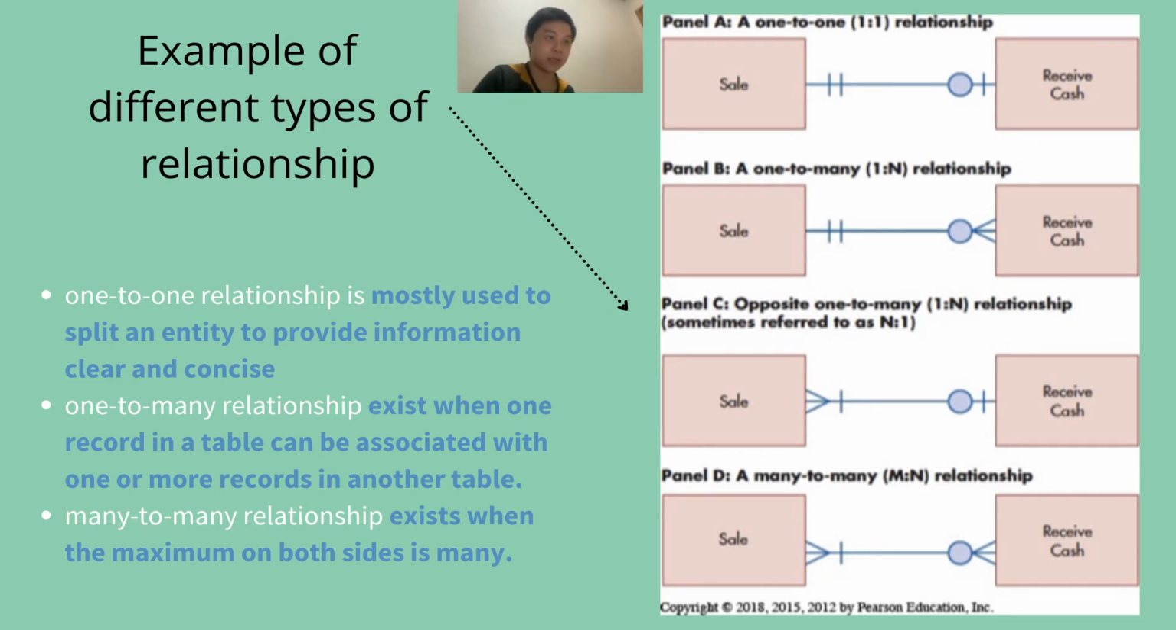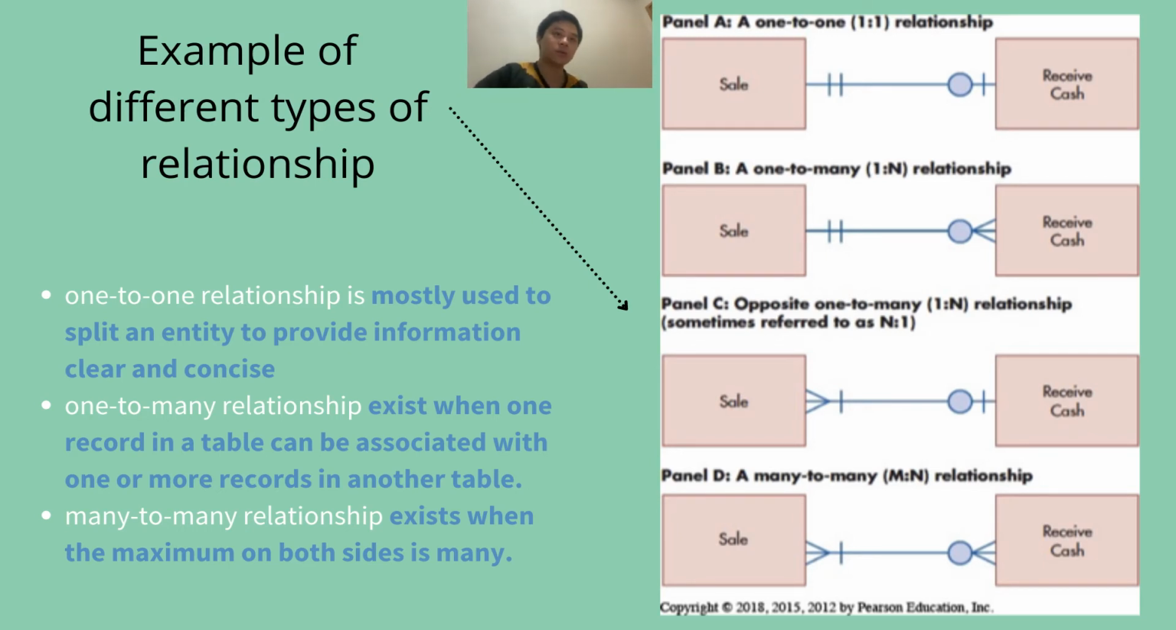In panel B, it describes a one-to-many relationship. It refers to a relationship between two entities, for example X and Y, in which an instance of X may be linked to many instances of Y, but an instance of Y is linked to only one instance of